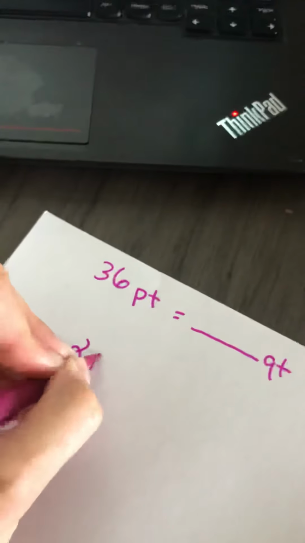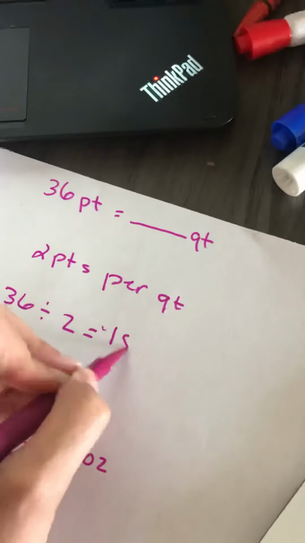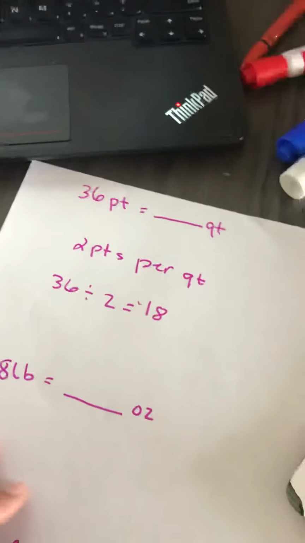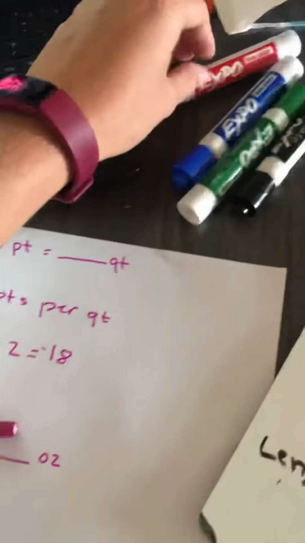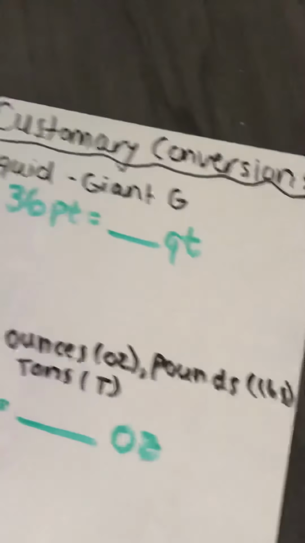That means we have to do, I'm going to go over here, 2 pints per quart. That means all we have to do is 36 divided by 2. For those of you who know that, we'll get 18. If you didn't already know that, you could have done the division. Okay, so we'll go back here to our answer. 36 pints equals